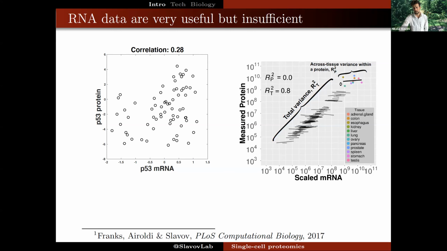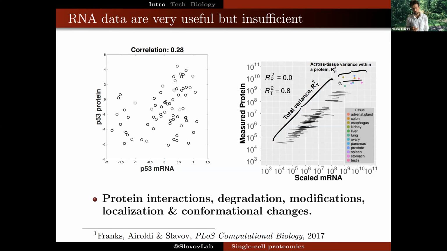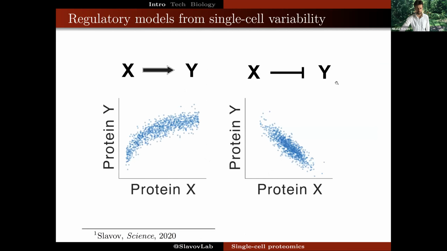And then it's not just protein abundance. What we're really interested to go into is the ability to perform single-cell measurements of protein interactions, degradation, various modifications. We'll actually have a lot more to say about this later this year, of measuring modifications, localization, conformational changes, and so on. So what I'll tell you about today are really initial steps in the direction of this long journey of being able to measure all these important functional quantities at the single cell level.